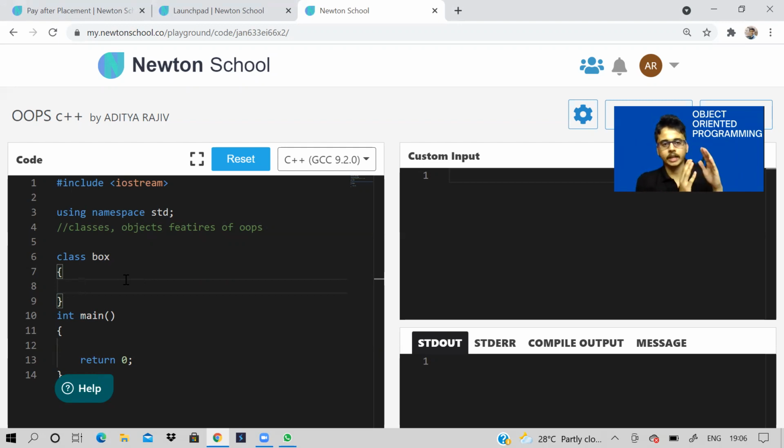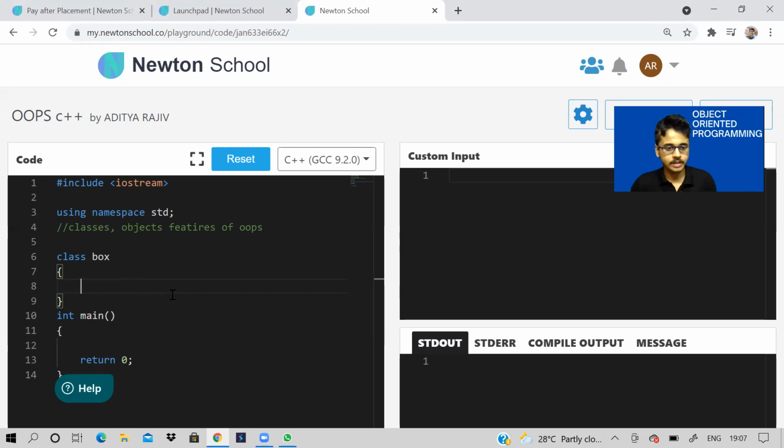If you want to check the volume of the red box, and you want to find out only the length or breadth of the blue box, then if you follow procedural programming, you will write different functions for each and every box. That is not needed over here. Instead, because they both are boxes having some similar characteristics, we can group them and put them in one particular class only.